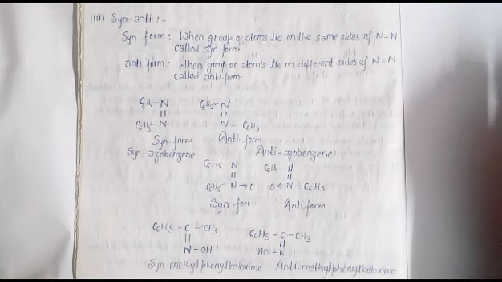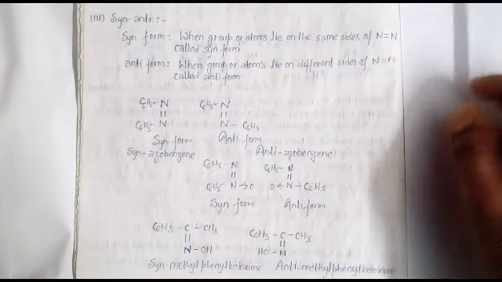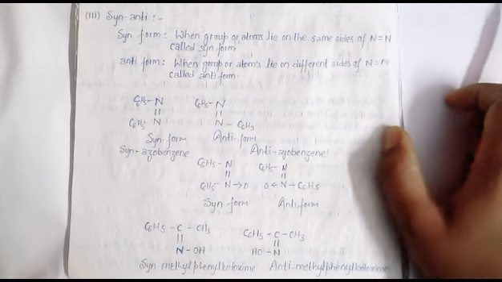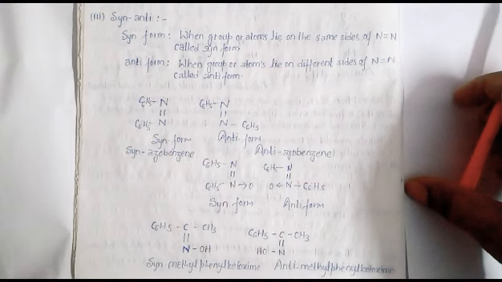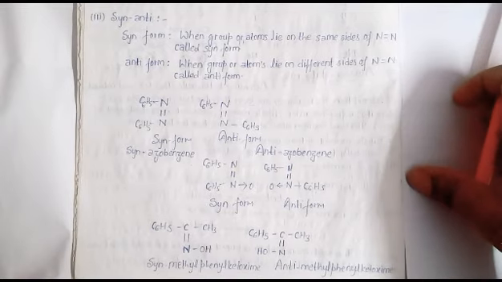In today's class we are going to discuss the third type of geometrical isomerism, and that is syn and anti isomerism. This is actually not part of class 11th and 12th. This is mainly for the purpose of NEET, AIIMS and IIT JEE, and this is the basic reason I am preparing it in a separate video. Let's come to the point.